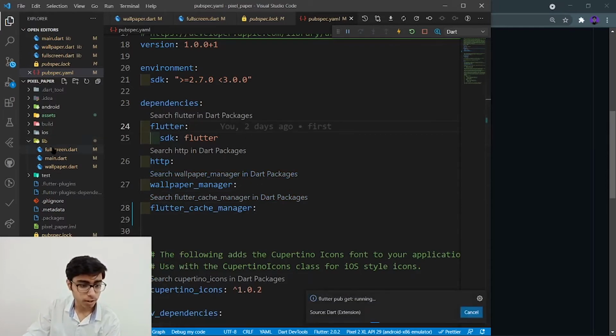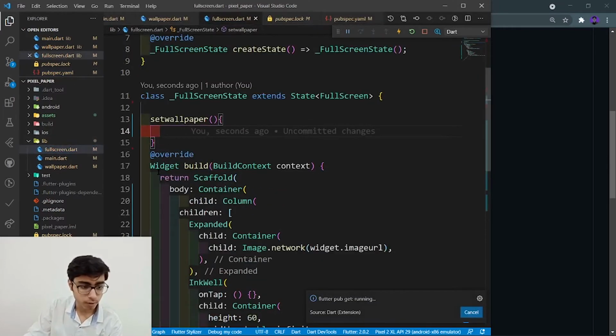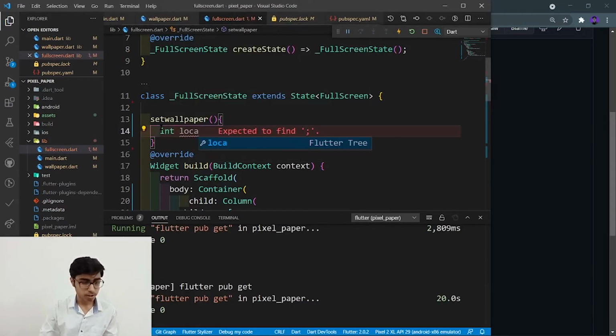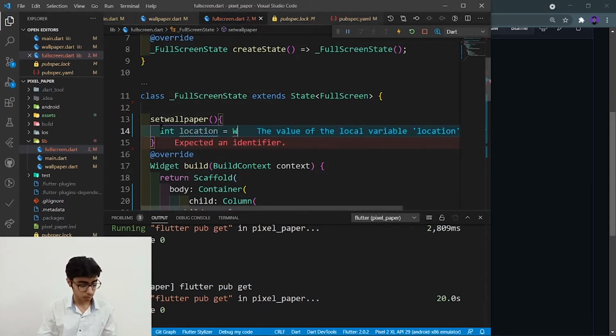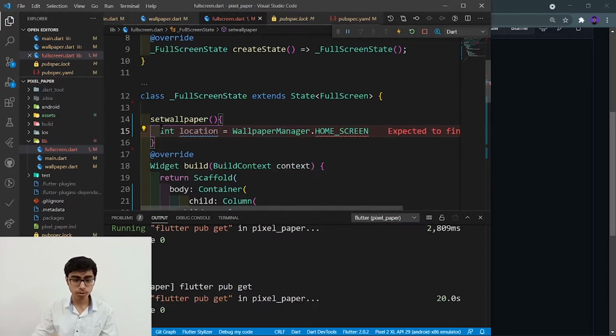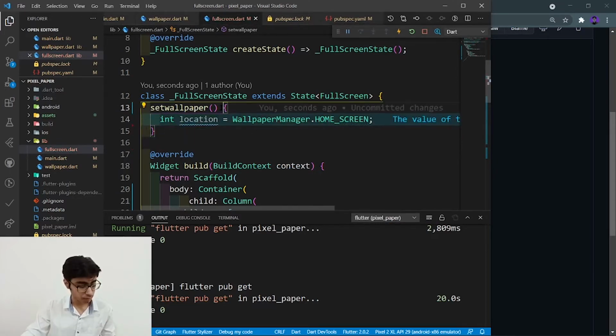Now come on the full screen dot. Now let's write the function. Define the location. So my location will be where you want to set the wallpaper. WallpaperManager dot home screen, lock screen, or both the screens. So let's define this wallpaper for the home screen, right? So it is home screen. Now let's make this function async, right?